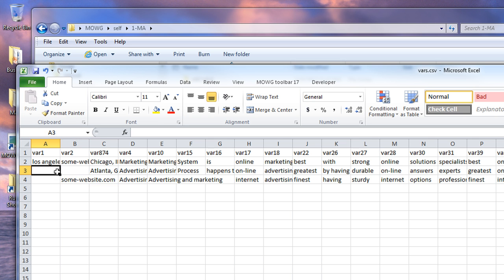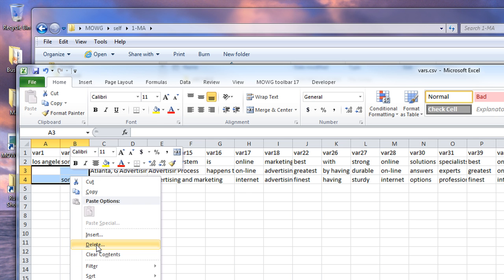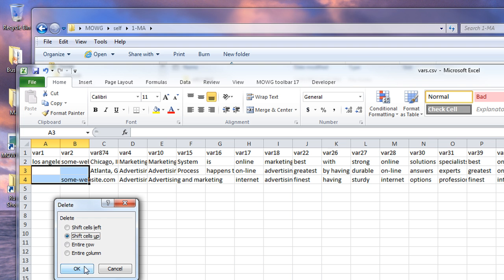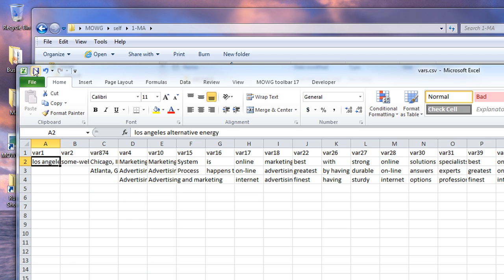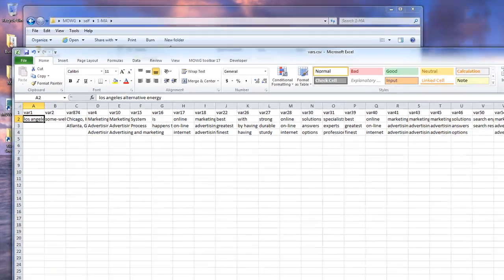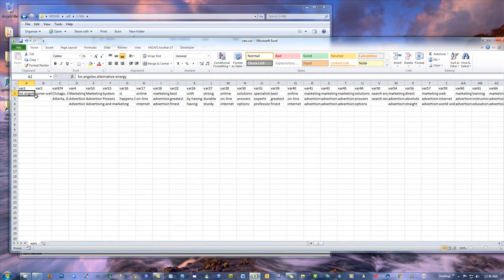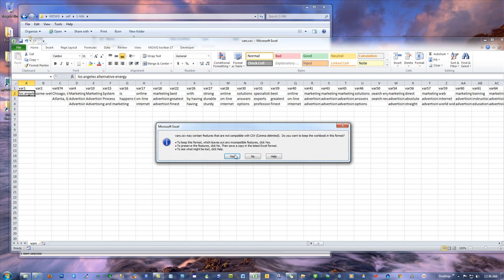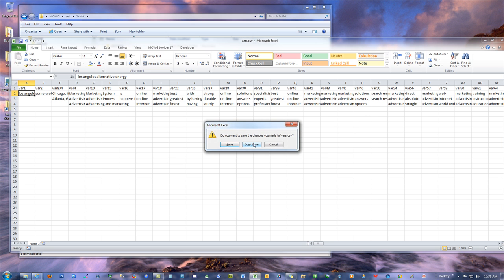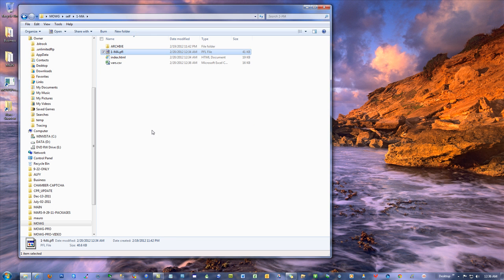What doesn't work, of course, are blanks. So just be aware of that. Delete, shift cells up. Okay, and you can experiment with this on your own anytime because you'll see all the combinations as you work through them. But now that I have that done, let me save it. Yes. Don't save. And let me do this again real quick